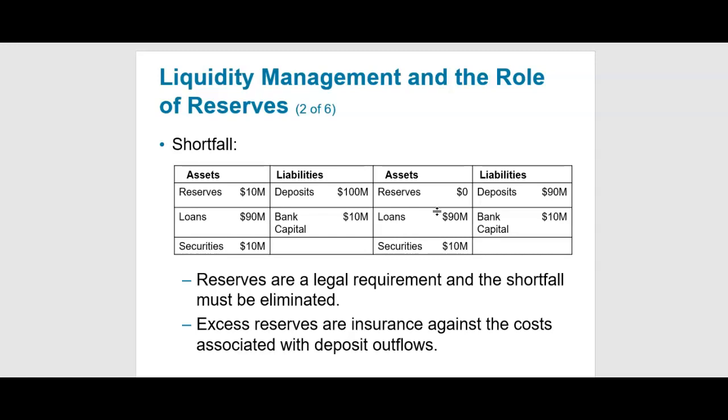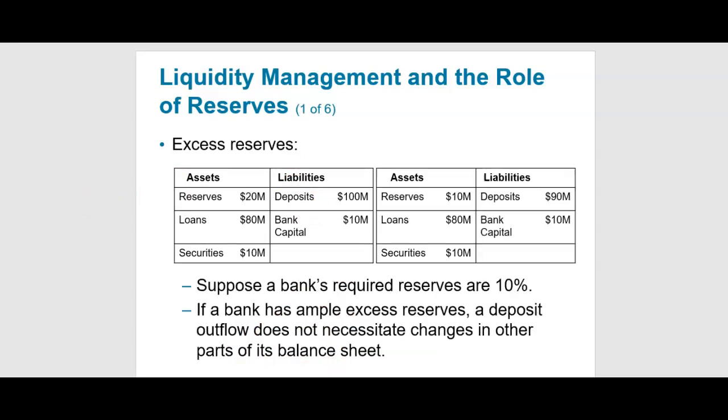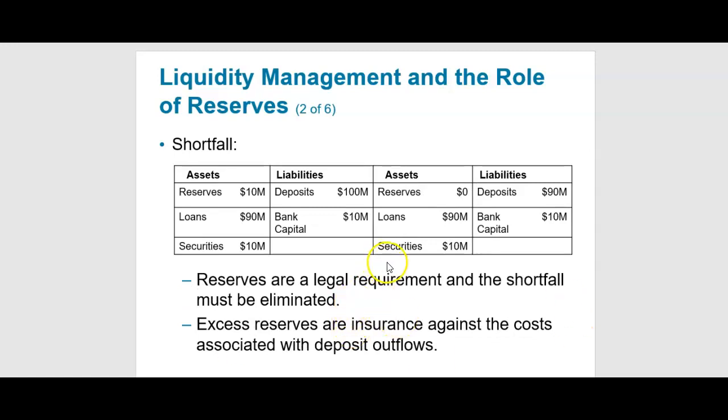So the deposit outflows when people take their money out. The excess reserve in here played the role of covering that gap. The excess reserve did not exist in this case, and I have a problem that I need to fill in. Let's think about it. How can I fill it in? I need 10 million to come to this piece. It can either come from selling out the securities, borrowing, letting the bank borrow 10 million and put it all in excess reserve, or selling $10 million worth of my loans to other banks that are willing to take them.